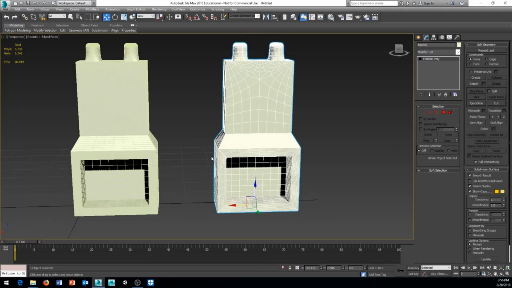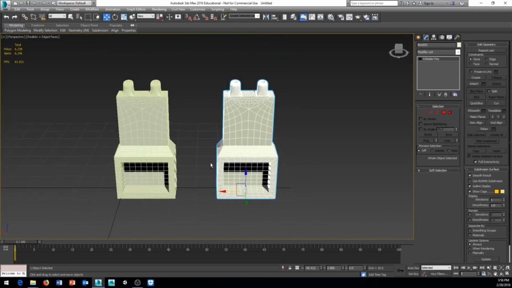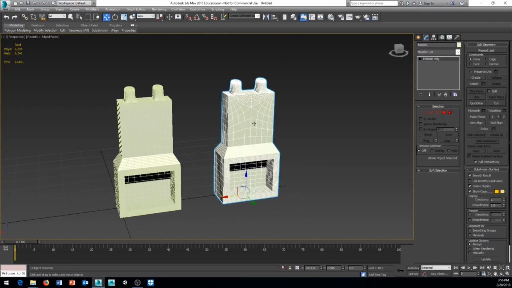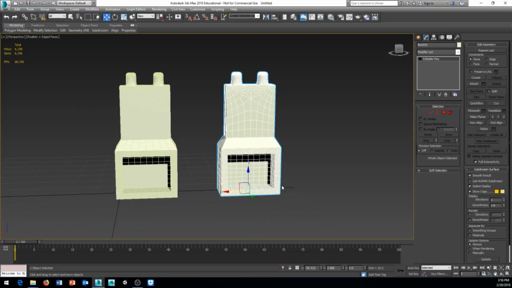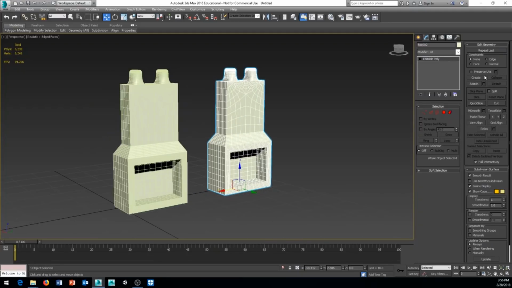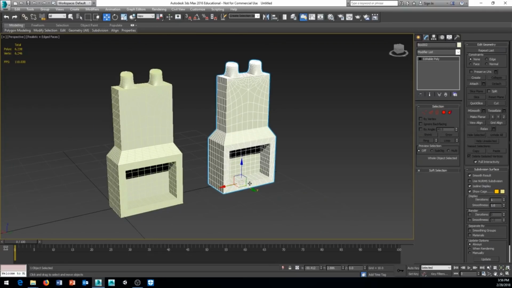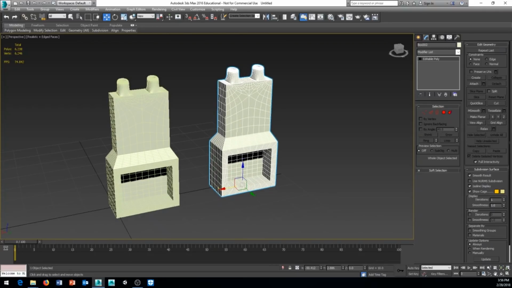So this is a quick little video about Edit Poly and Editable Poly and how we can use them to edit our geometry. So play around with those. In another video, we're going to talk about creating a mesh, like a character mesh, like we're going to animate, and we will be using Editable Poly. So get comfortable and get familiar with those tools so that if you want to participate in that video as well, then you'll be a lot more familiar with what we're going to do. Until then,